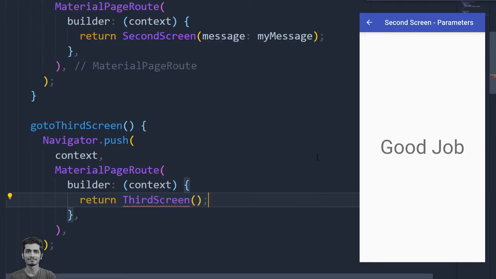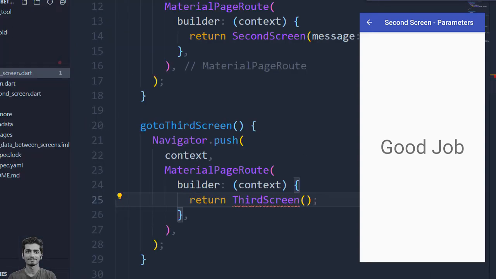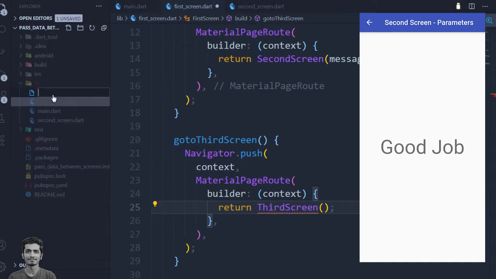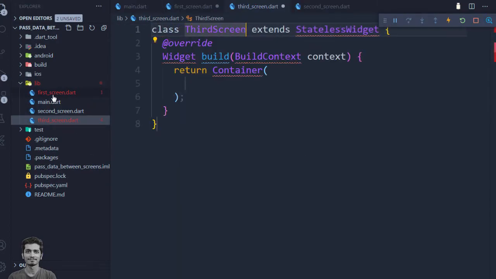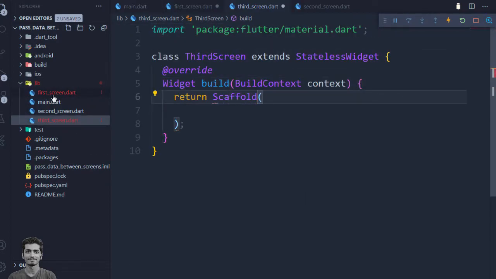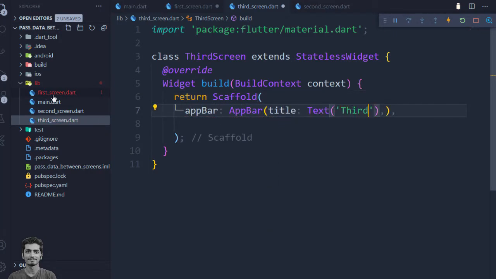And here we are also using Navigator.push and material page route to move to the third screen. Let's create the third screen. And we use route settings to pass data to the third screen.